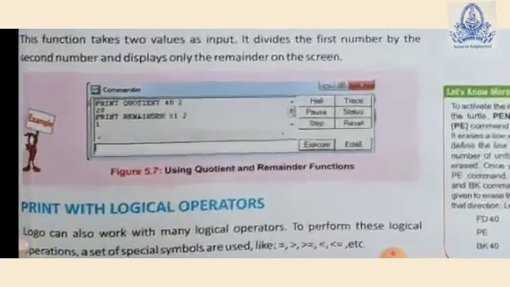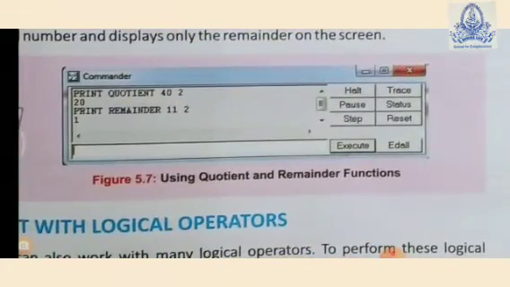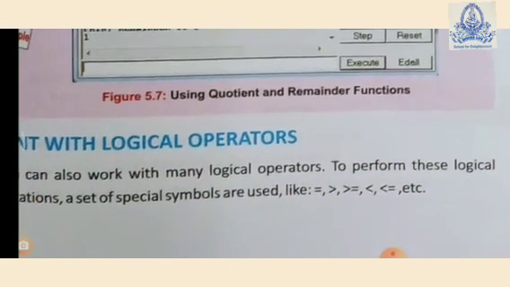Okay, print quotient 40 space 2. 40 divided by 2, if you do that division, the answer you get is 20. Okay, so quotient is 20, and the remainder, 11 and space 2, is 1. Okay, because 2 fives are 10, the remainder that comes is 1.